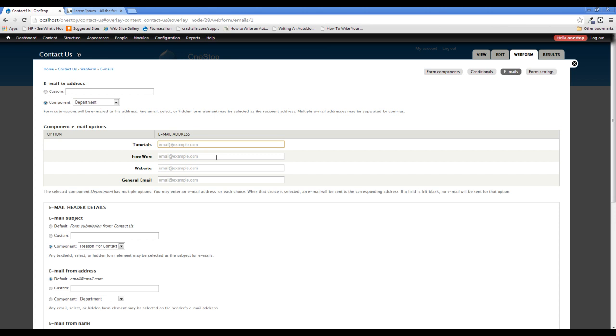So it looks like now that they've updated it, you can just click a form component, and based on that form component, you come over here and enter in an email address. So this is very different, and I have not seen this before. So we will say this is tutorials@email.com. This one's finewine@email.com, website@email.com, and info@email.com. This is a significant upgrade, and this will make all of our lives a little bit easier on these